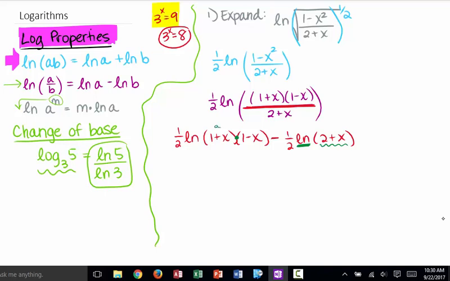This would be like natural log of a times b, natural log of a times b, which turns into 1/2 natural log of that a, plus, don't forget your 1/2 natural log of the b, and then minus the 1/2 of what was in your